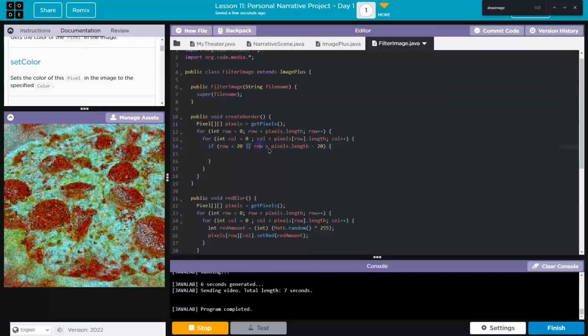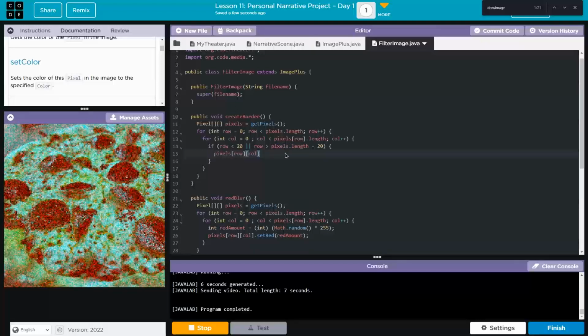Or if row is greater than the entire length, however many rows there are, pixels.length minus 20, that would be 20 from the bottom. If we're 20 from the bottom or 20 from the top, what do I want to do? I'm going to want to black out the edge. Well, not black out, but